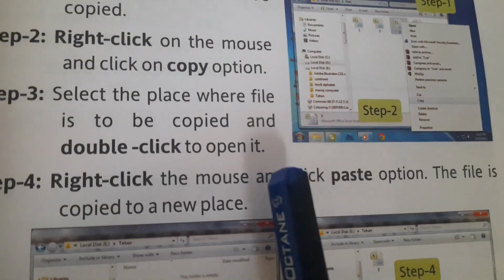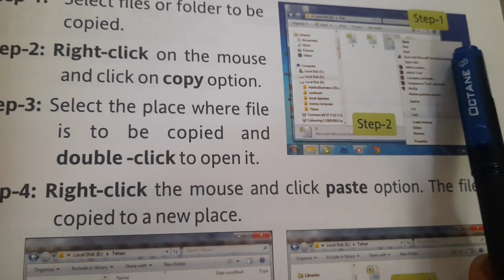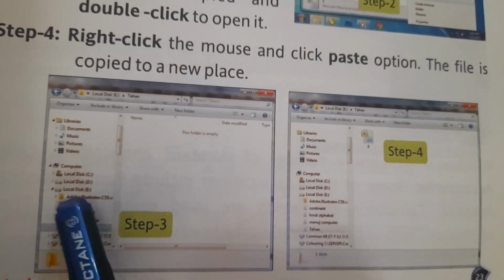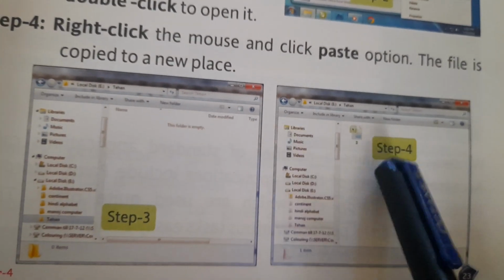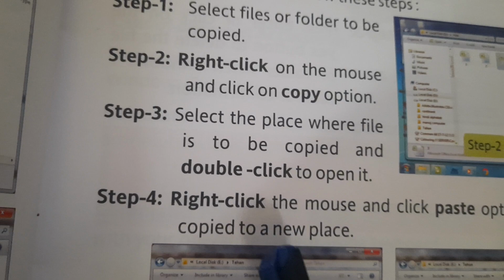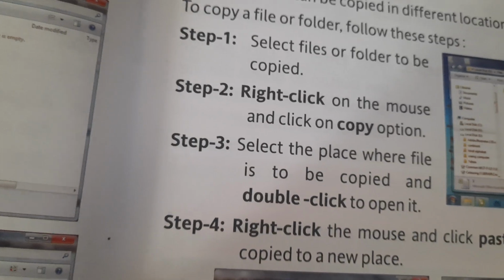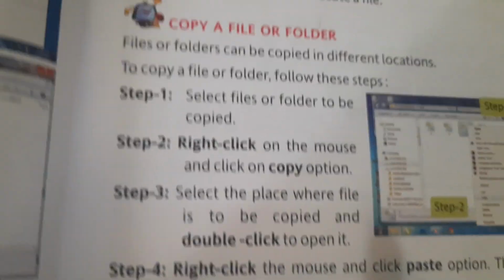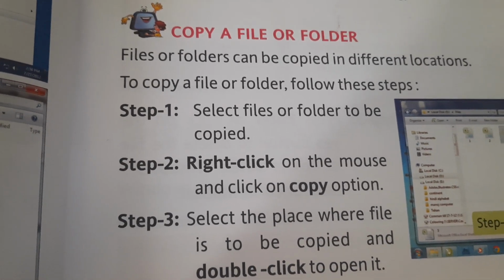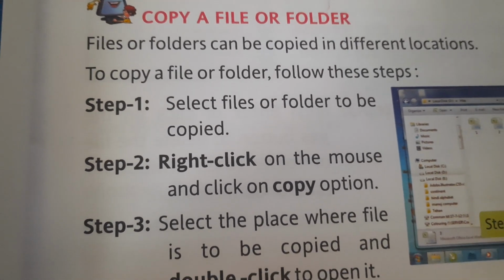Then we will right click and then we can paste the file. Okay, means when you want to copy, you just have to select, right click, find the copy option, then search for the location, open that location and use the paste option to paste the files there. Okay, so today please revise all these steps, and learn the difference between moving a file or folder and copying a file or folder. Okay, and when I send you the practical video related to it, you can practically see how it is done. Okay, take care, bye bye.